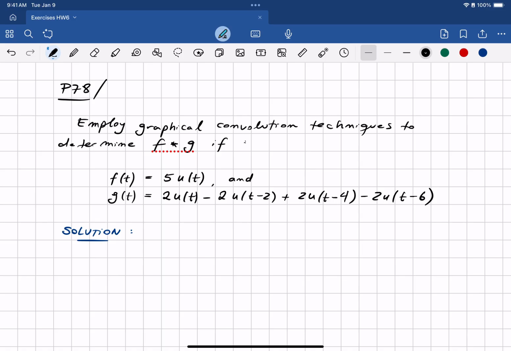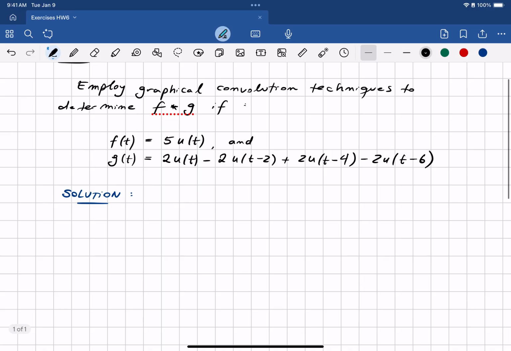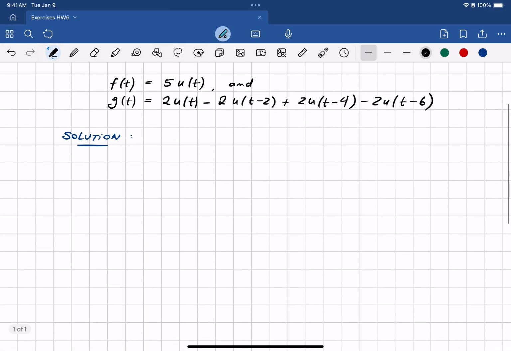Today we're going to be solving a convolution problem. This is problem 78 for the corresponding chapter. The problem says, employ graphical convolution techniques to determine f star g. So there are two fairly simple functions. Let's plot them up. So we have a function f